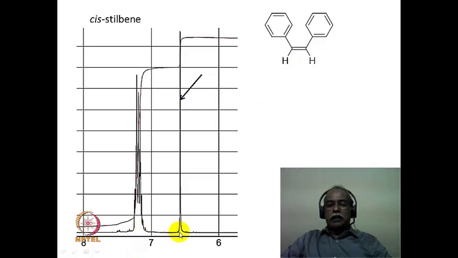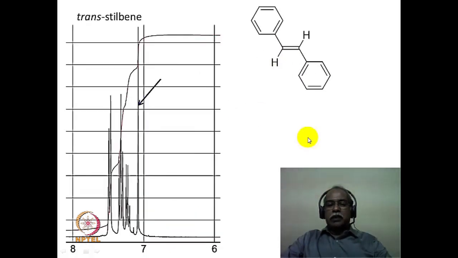In fact, it comes around 6.5 ppm or so. The trans isomer, if you see, it is coming slightly above 7 ppm. This hydrogen is flanked by these two phenyl groups, so is this hydrogen by these two phenyl groups. So the anisotropic effect of these phenyl groups will be strongly felt by the proton, causing it to de-shield itself,